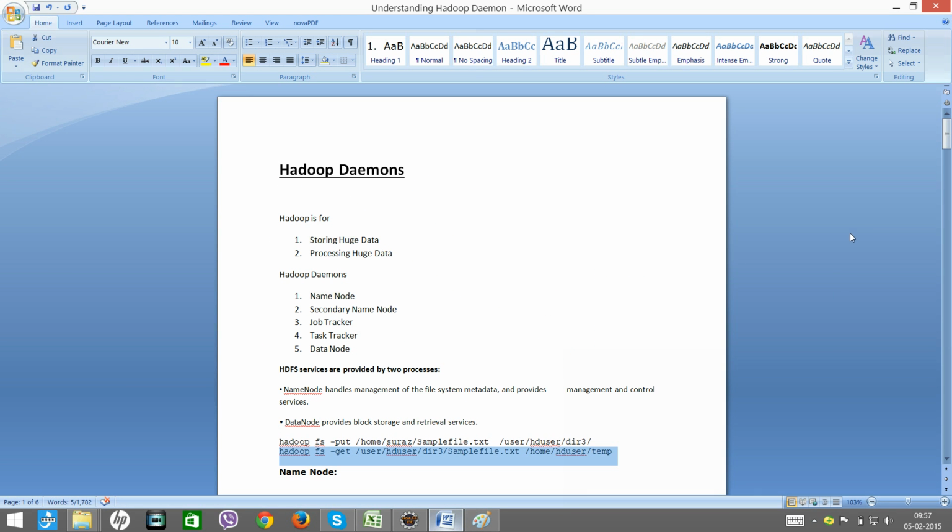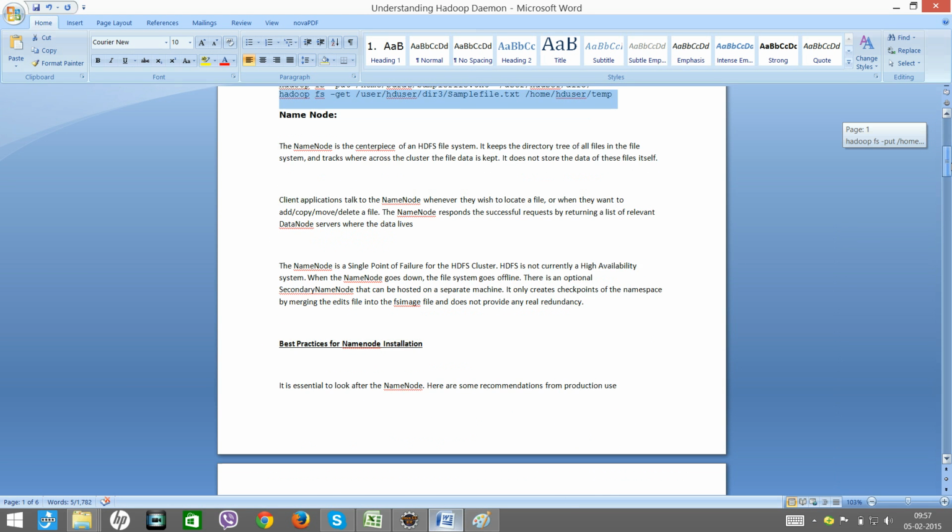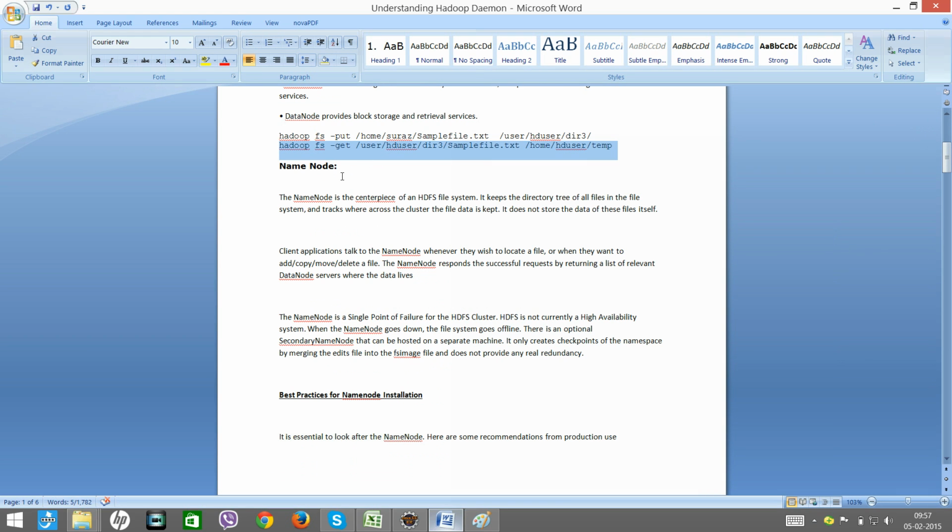Let's go through some notes. Name node. What is a name node? The name node is the centerpiece of an HDFS file system. It keeps the directory tree of all files in the file system and tracks where across the cluster the data file is kept. It does not store the data of these files itself.